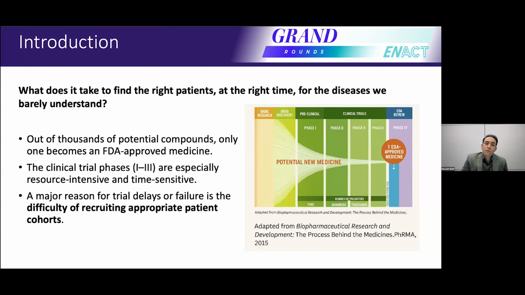One of the biggest hurdles is clinical trial recruitment. As we move through phase 1, 2, and 3, the number of patients needed for drug development skyrockets. And for complex and poorly understood diseases, it's even tougher to identify patients. Without clear biomarkers, just figuring out who qualifies can slow studies to a crawl.